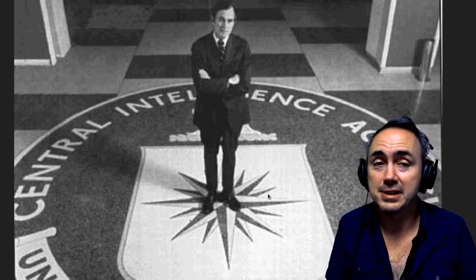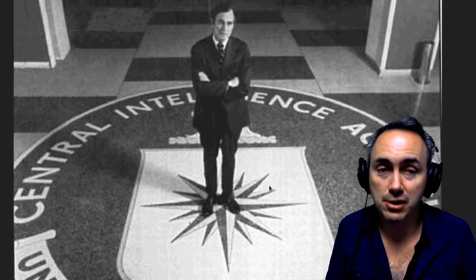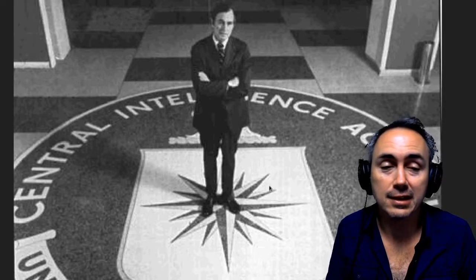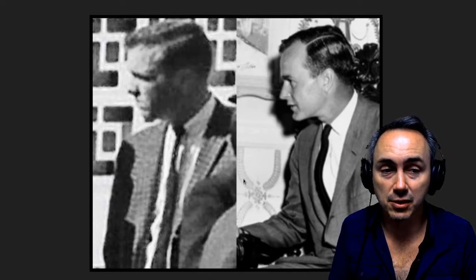And who else would be in the CIA at that time? But of course, former president and former vice president George Bush Sr. He was very likely in the CIA at that time. And in fact, there's this image of him in front of the book depository on the fateful day in 1963 in Dallas. So it's very possible that George Bush Sr. was involved in some way.